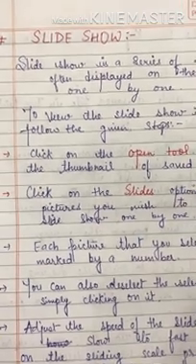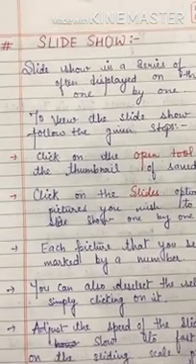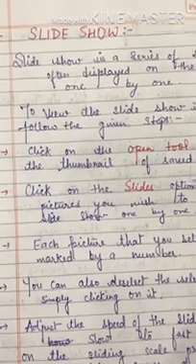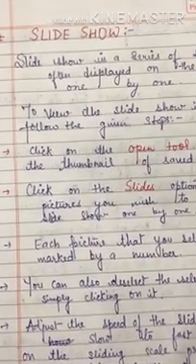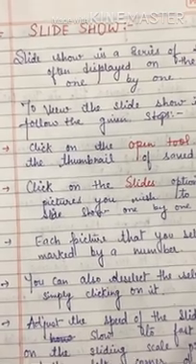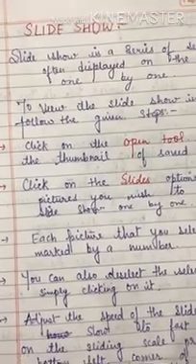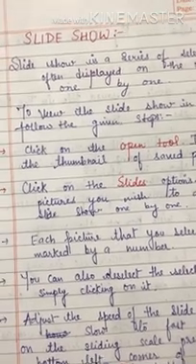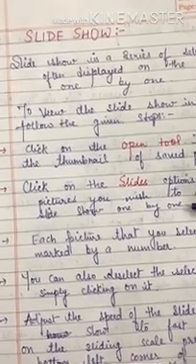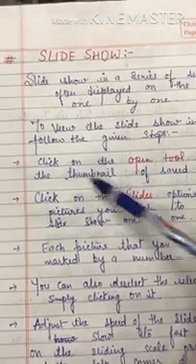Welcome back children to the second part of the topic, the slideshow, of the chapter Advanced Features of Tux Paint. As we know, yesterday we read about the features of Tux Paint, more effects, that is magic tools, and the storyboards. So now today we are going to start the slideshow.